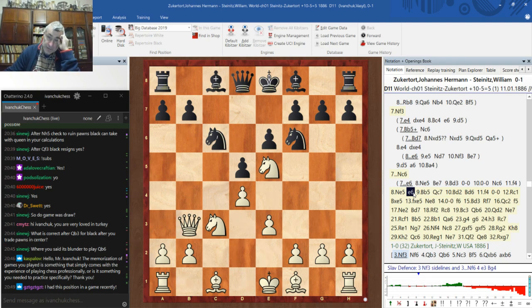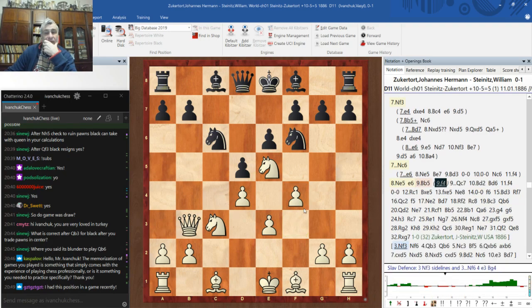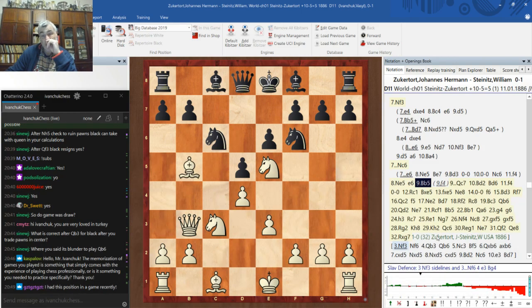Now, of course, white can do the same. f4 is totally possible, and then bishop d2, bishop d3. But Zukertort decided to play bishop b5. I don't know if it's the best decision, because bishop is stronger on d3, in my opinion. Queen c7, also not obvious. Maybe bishop d7 was